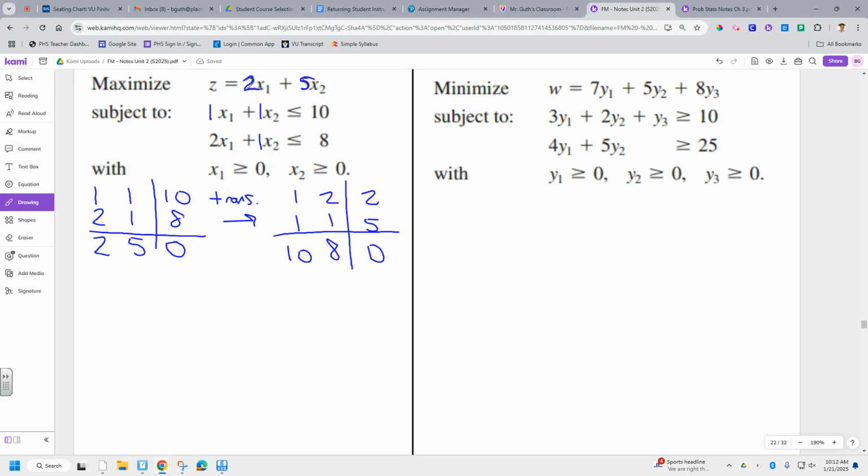So remember, above the bar, that was the constraints, and below the bar was the objective function. We are now going to minimize. This book uses Z for maximize, but it uses W for minimize. We're going to use the numbers underneath the bar, 10 and 8. But when we switch, we're going to use the other variable. Instead of X, we'll use Y, Y1 and Y2. That's a little bit weird. Minimize W equals 10 Y1 plus 8 Y2